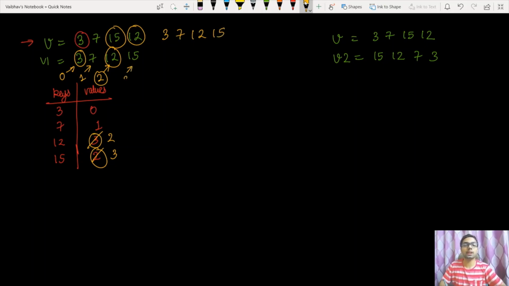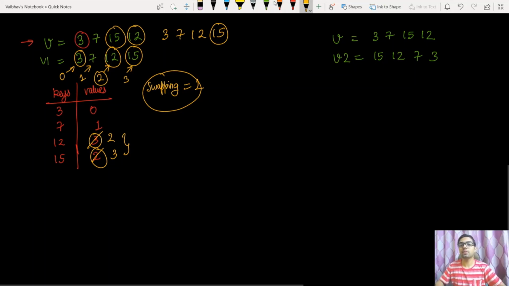Now I move on to the last index, that is index number 3. I check whether the element is equal or not. So the elements are equal, so I don't need to swap them. So I can keep the count of swapping by taking a variable swap. I update the value of swap whenever we swap the elements inside this map. So the swap count for this case would be equal to 1.